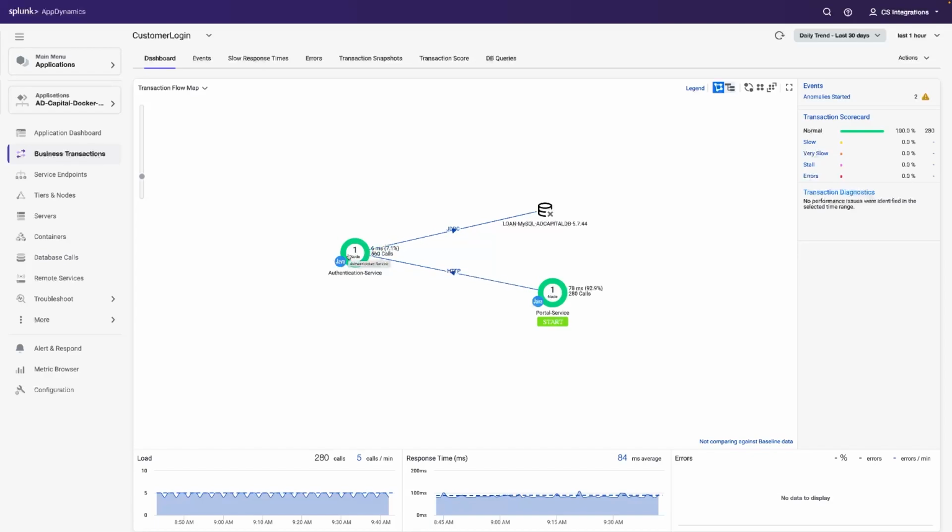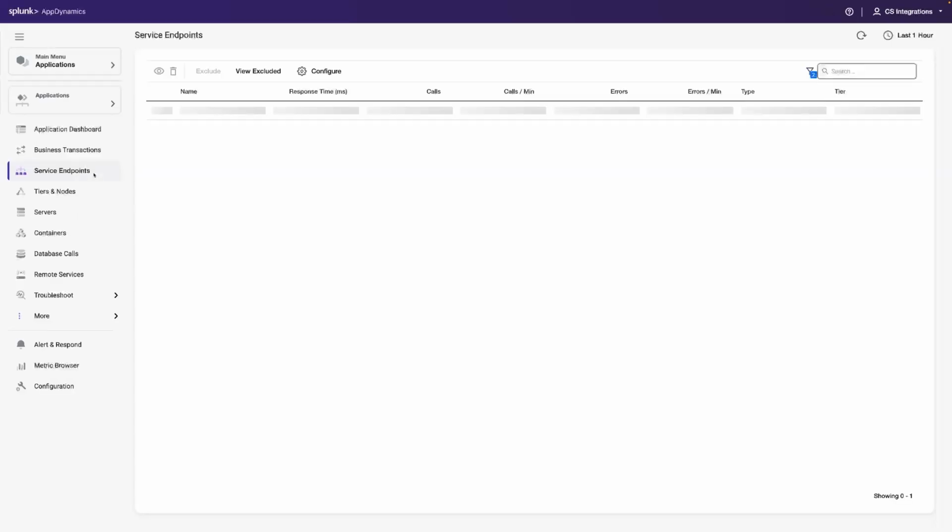Next, we're going to head on over to service endpoints. There's a lot of things under business transactions we could go into, but this is an introductory navigational video for the AppD controller. So we're not going to go into any of these things up here, like events, slow response time, errors, or transaction snapshots. So jumping into service endpoints,